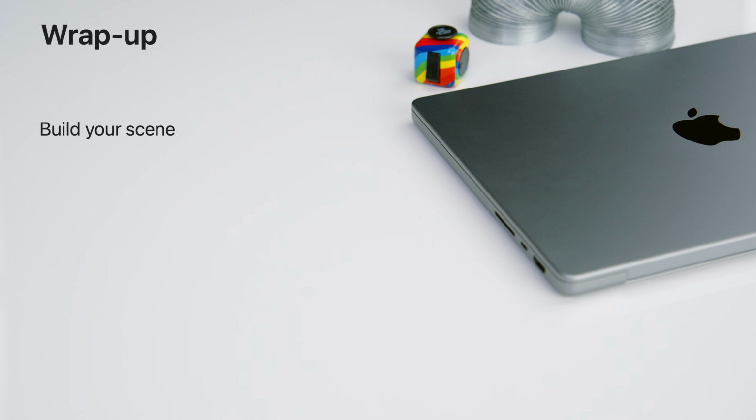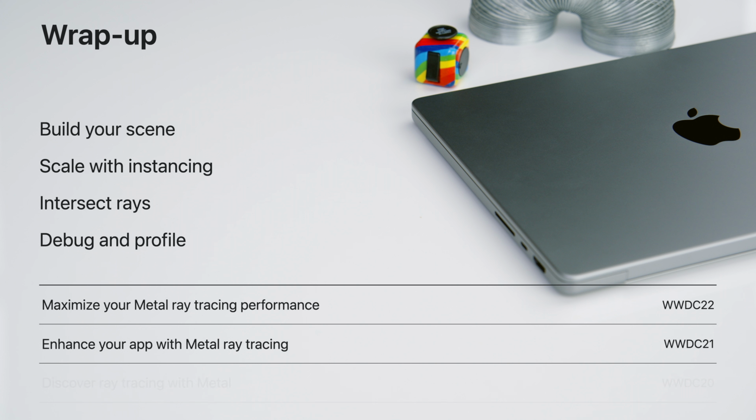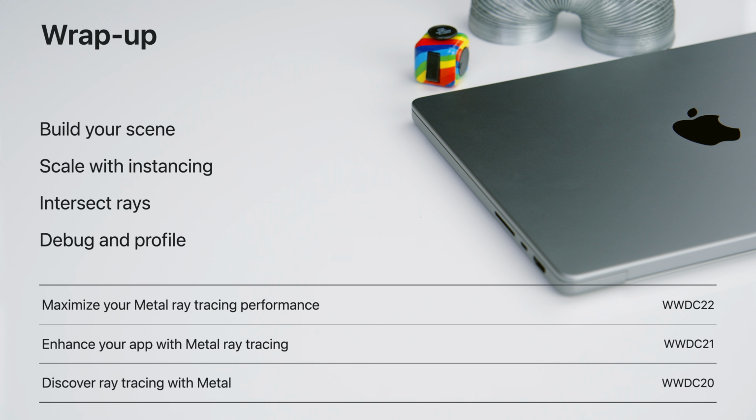You can use the latest Metal Ray Tracing API to build your scenes using primitive acceleration structures, including geometry like curves, instancing, and especially the new multi-level instancing feature, which enables you to scale to larger, more complex scenes. Your GPU functions can call the Metal Ray Tracing APIs directly. And finally, Xcode can help you in debugging and profiling your app. Be sure to check out the previous ray tracing talks, where we have covered many of these topics in more detail, as well as our sample code and documentation.